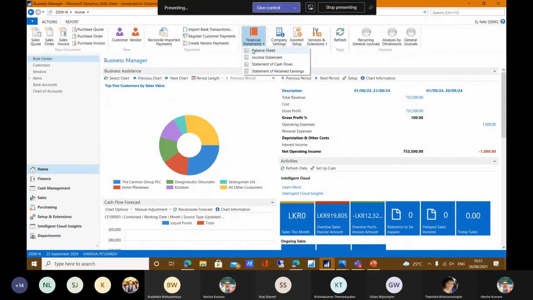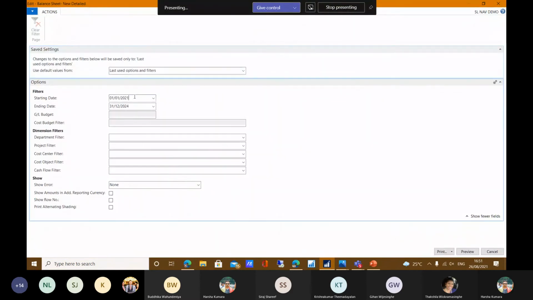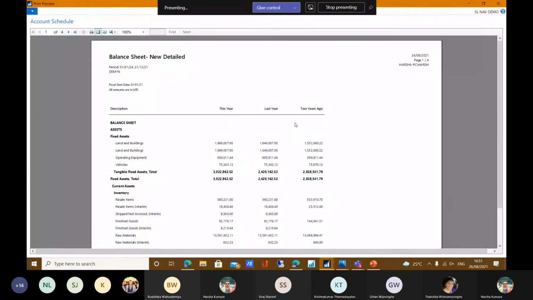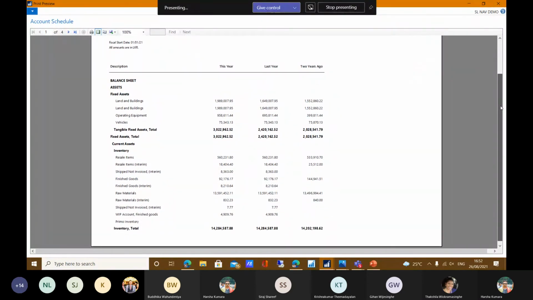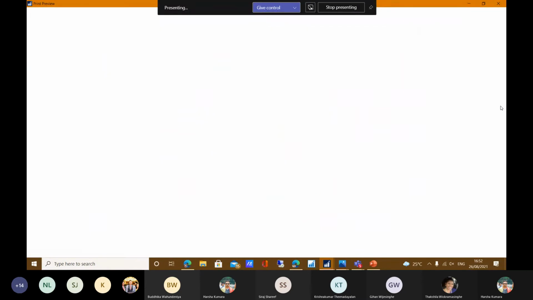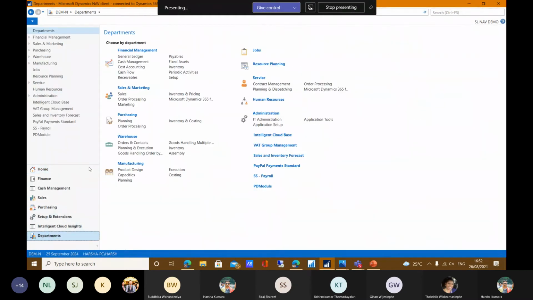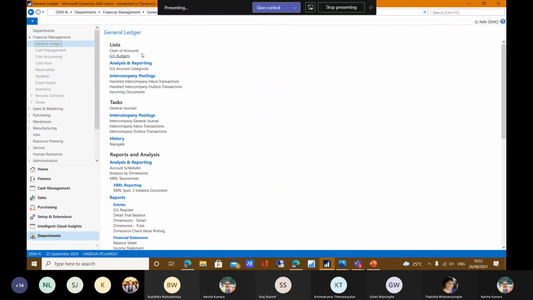In the balance sheet also, I have assigned some samples for demonstration purposes. I have assigned balance sheet figures from this year, last year, and 2 years back. This also you can see we can modify, and we can further drill down and detail as per your requirement using the account schedule reporting tool. I will show you the account schedule reporting tool with a very quick example. In the account schedule reporting tool, there is one account schedule I will quickly show you.